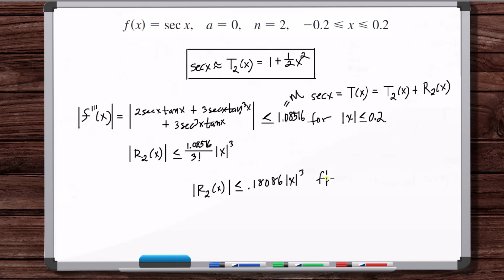Okay, now this is for the absolute value of x less than or equal to 0.2. So there it is. We've got r sub 2, but it depends on the x value you choose that you're evaluating the function at. And the Taylor polynomial depends on the x value, but it's any x value from minus 0.2 to 0.2. But if we want to answer the question that no matter what x value we plug in, what's the largest that r sub 2 of x will be, then let's just pick the x that makes this term the largest, which for every case is just going to be the farthest away